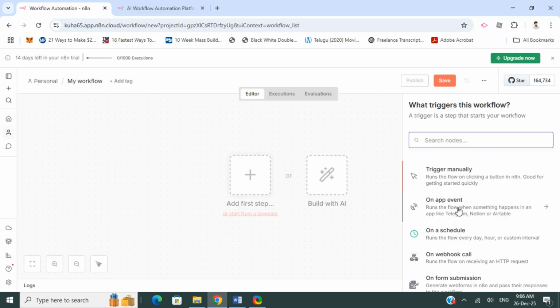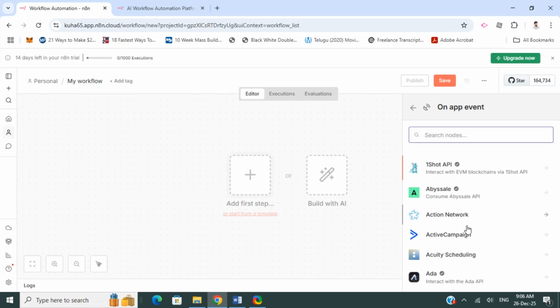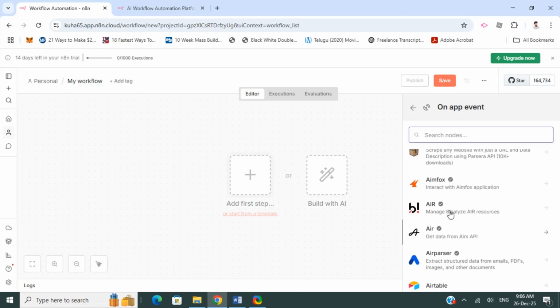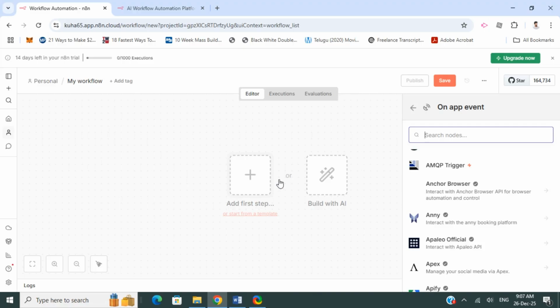So for example, from an app event, you can select the app event option here, and then click what sort of app you want to pull from. If you want Shopify, you can select Shopify from this option here, and then choose what actions you want to do with it and everything. So you just have to connect the apps and integrate them through the on-screen prompts here,